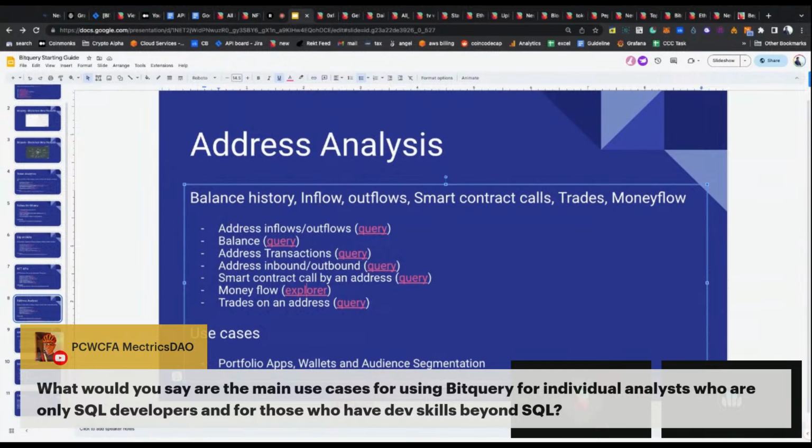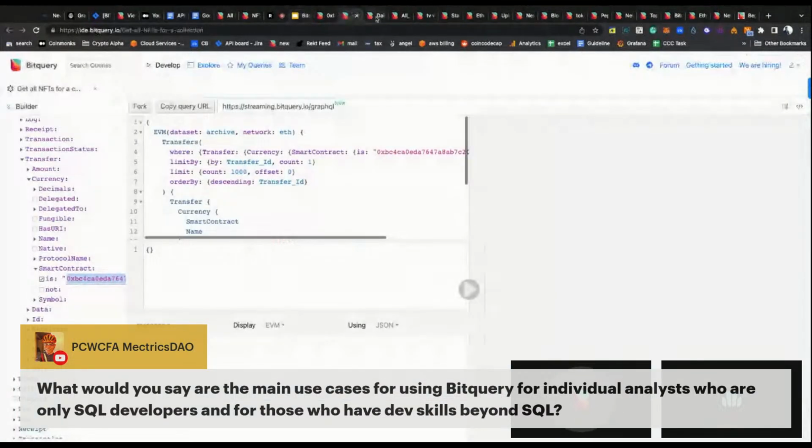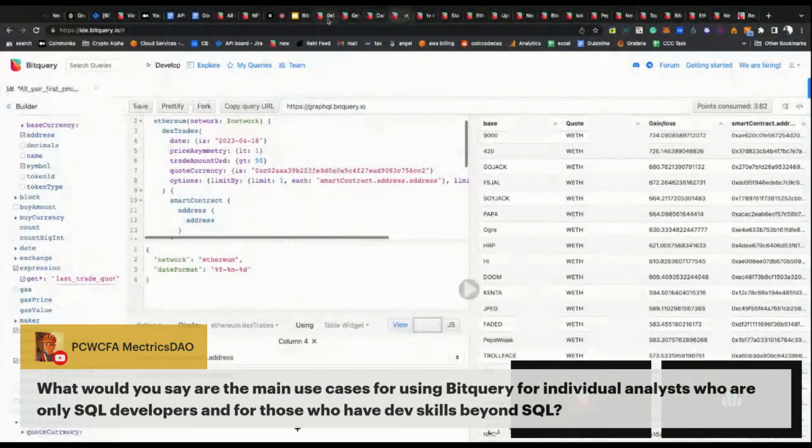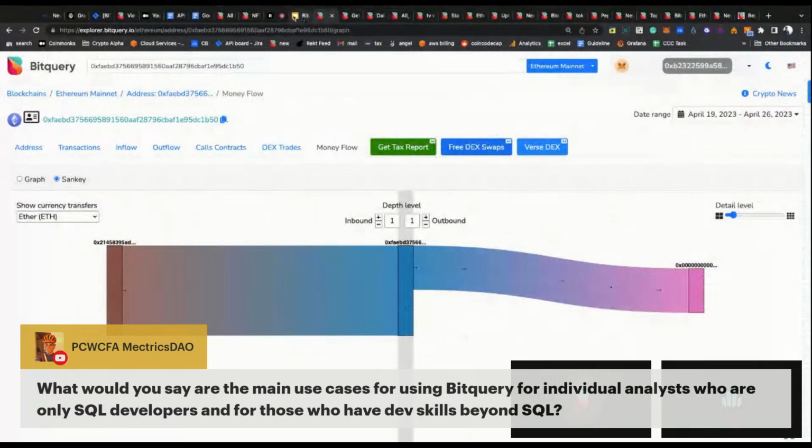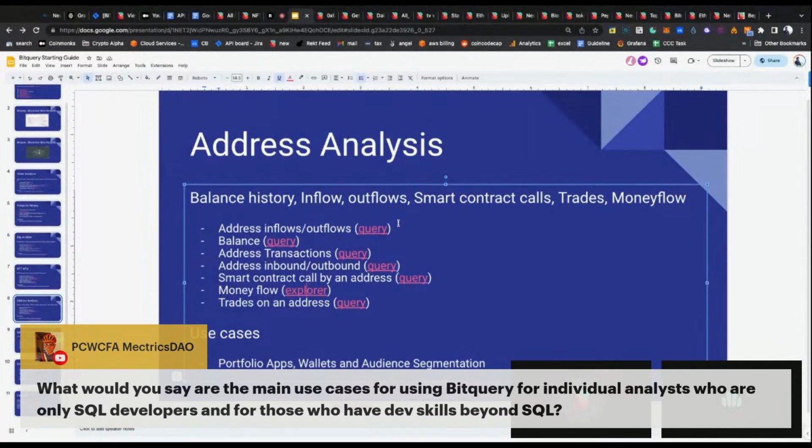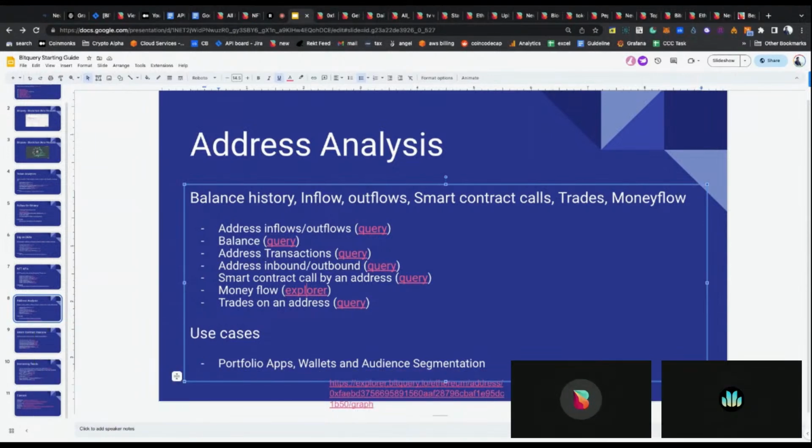So the question is about analytics. It is an awesome use case for tracking and investigation, and a very good use case in terms of digging into DEX related data or trading related data. If you are a trader or have trading skills, it's very good. If you want to do overall chain analytics, for example, I want to see transactions, transfers, volume, how many tokens are created, smart contracts deployed, all these details are available at chain level.